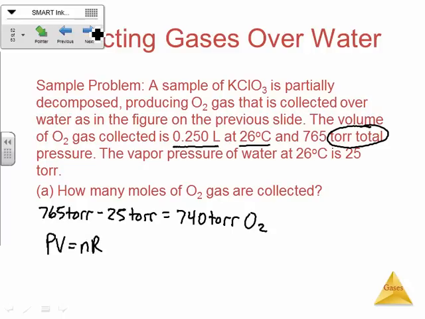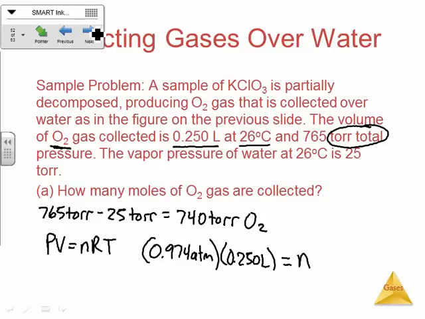So PV equals nRT. And again, 740 divided by 760 will give us the number of atmospheres here: 0.974 atm, times our volume, which is 0.250 liters. They're giving us the volume of just the O2 gas here, so that's fine. We're trying to find n, equals 0.08206 times our T, which is 26 plus 273, 299. Okay, when we solve all that,